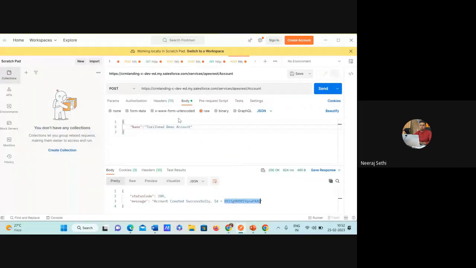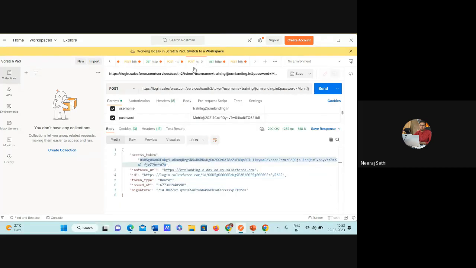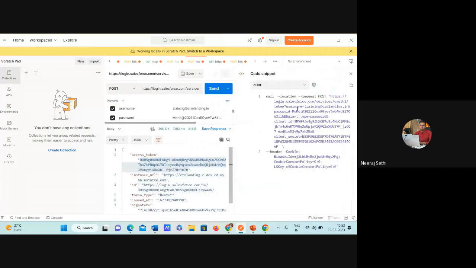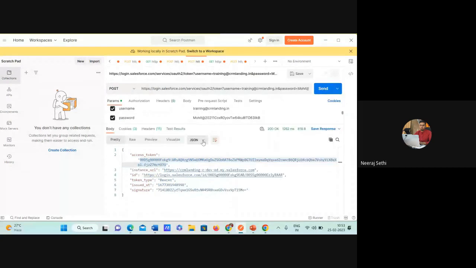Right now, what we have done is testing over APIs. Now we want to pass it to the third party system. So first you need to pass the access token API. What you have here is curl, and that you need to pass. If you pass this to an external system, they can export it into their system and they will get